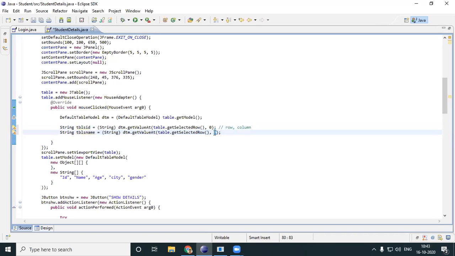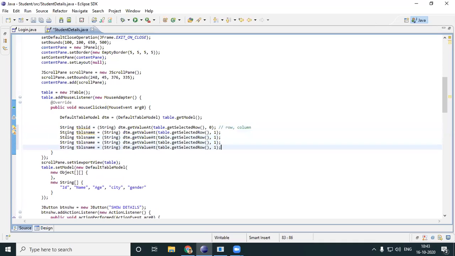The first column, that will be my name. The second one was, if I'm not wrong, table age or city. It should be age. Okay, my second column. This will be my third column, and this will be my fourth column. The next one was table city, and the last one was table gender.